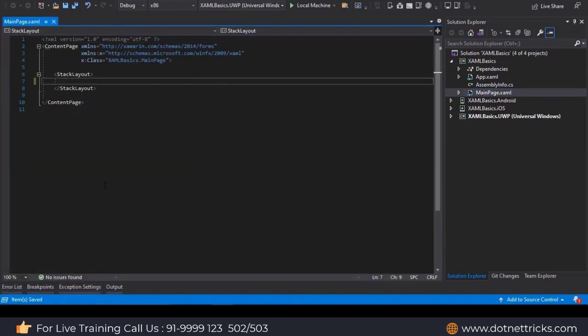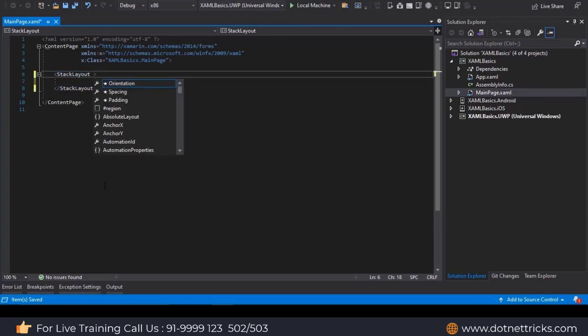So XAML is basically a simple markup language based on XML. XAML is a simple and declarative markup language which is based on XML. And one thing to be noted in XAML is that it is case sensitive, and the advantage is that it separates the UI and the business logic. So this is very handy for developing the UI. So let's first try and do a simple example, which is to create a login page.